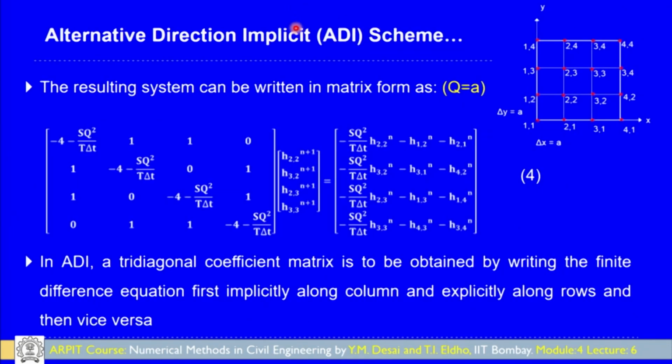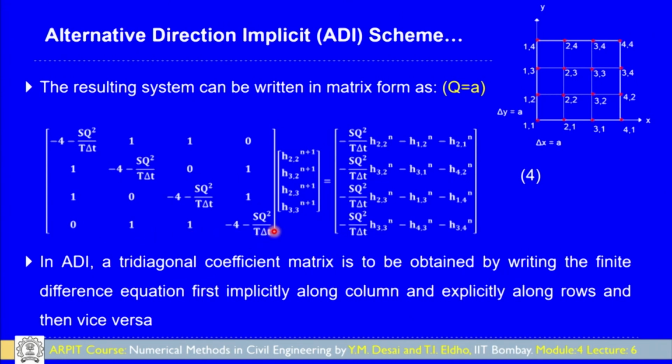So, now the alternating direction implicit scheme, according to this figure, we want to identify what are the unknowns here, these 4 locations. So, the resulting system can be written in matrix form like this. So, minus 4 minus s q square by t delta t, 1 1 0. So, here our 4 unknowns are there. So, that is why a 4 by 4 matrix. So, this is 1 minus 4 s q square by t delta t. Please remember q is delta x or delta y, that 0 1 and 1 0, minus 4 minus s q square by t delta t, 1 and 0 1,